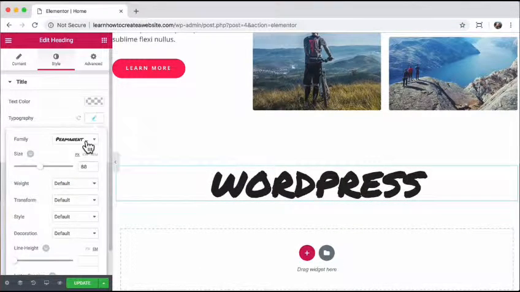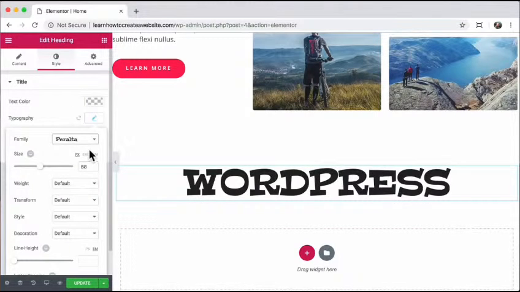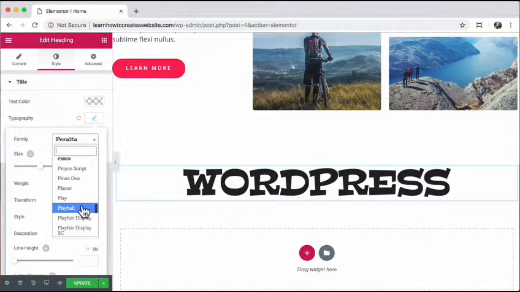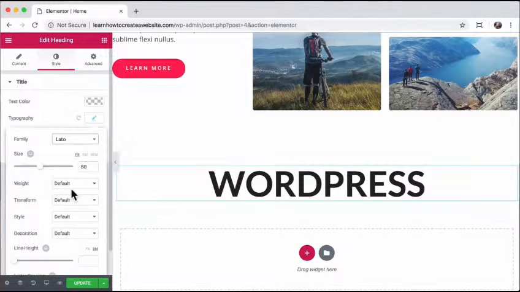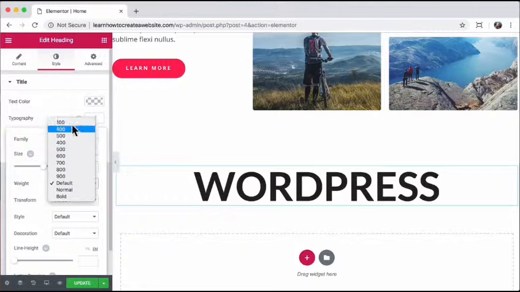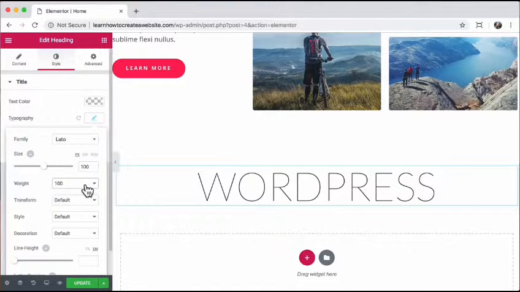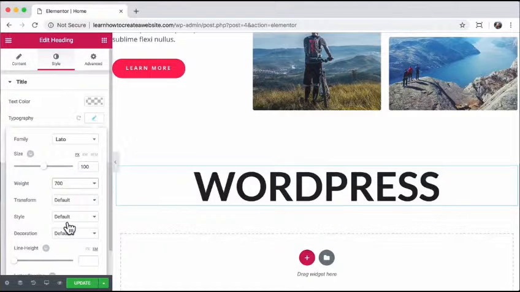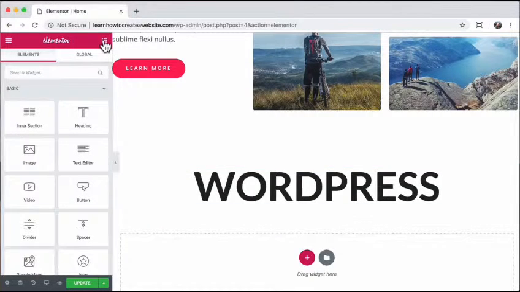My other more serious font is Lato that I really like. I also like Open Sans and Roboto. Let's just go with Lato though. And we can change the size to 100 and make the font weight 100 or anything we want. The font weight is how thick the font is. I'm just going to put it at 700, and I'm going to click on that menu again and just drag